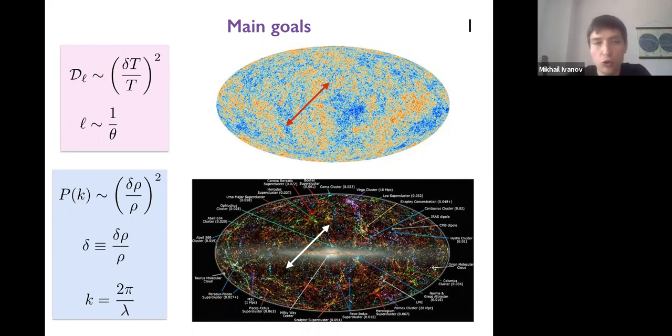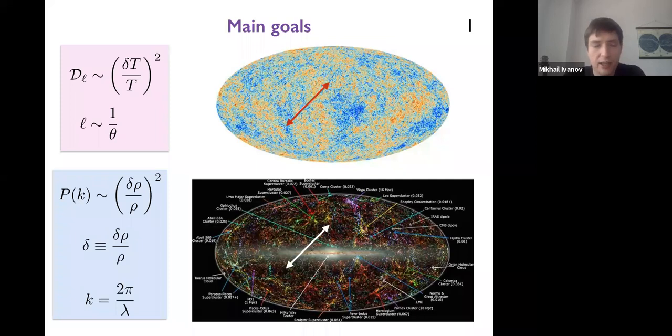The simplest one is the two-point function called the power spectrum. This two-point function of the temperature fluctuations is a function of the angular separation, which can be measured in terms of just angles, or its Fourier conjugate, the multipole number. And the shape of the CMB power spectrum is a function of cosmological parameters. So now you can fit your model to this data and get estimates for the parameters of our universe. A very similar picture takes place for large-scale structure.